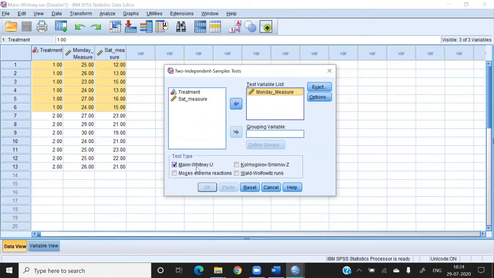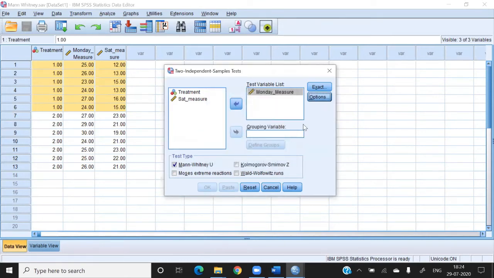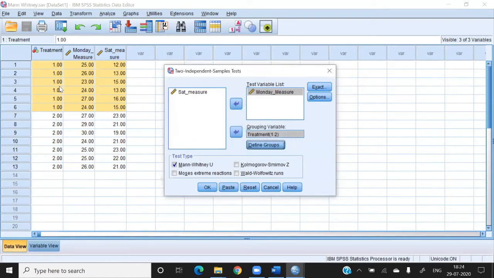Click on Mann-Whitney U, and in Options we go to Descriptive. So just click OK on this, and here the grouping variable is treatment. Grouping variable means the experimental group and the control group. So 1 here is my control group, and 2 here is my experimental group. So I just have to provide this command to the software and click OK.